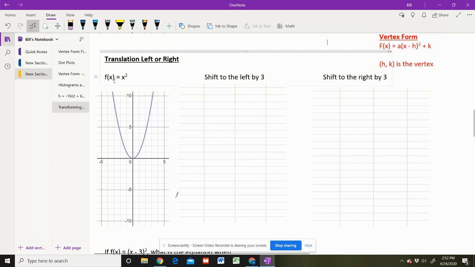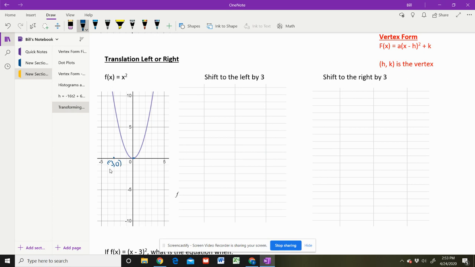So again, we're going to start off with our basic function, f of x is equal to x squared. So if we want to shift it to the left by 3, I want to take this and I want to go 3 spots over here. So if my vertex currently is at 0, 0, where do I want my vertex to end up if I want to shift it to the left by 3? I'm going to go 1, 2, 3. So I want my vertex to end up at negative 3, 0,